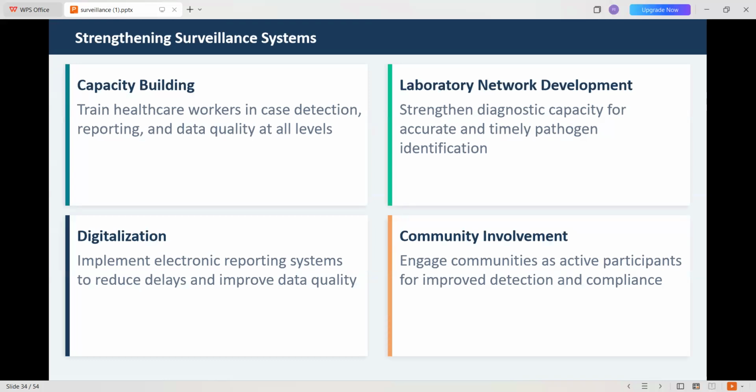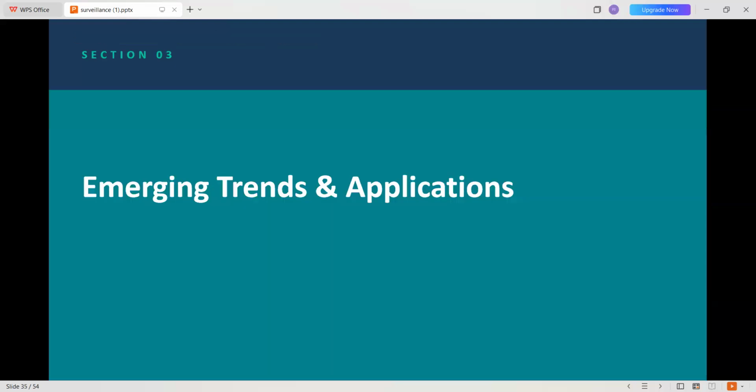Strengthening surveillance system by capacity building: train healthcare workers in case detection, reporting, and data collection at all levels. Laboratory network development: strengthen the diagnostic capacity for accurate and timely pathogen identification. Digitalization: implement electronic reporting system to reduce delay and improve data quality. Community involvement: